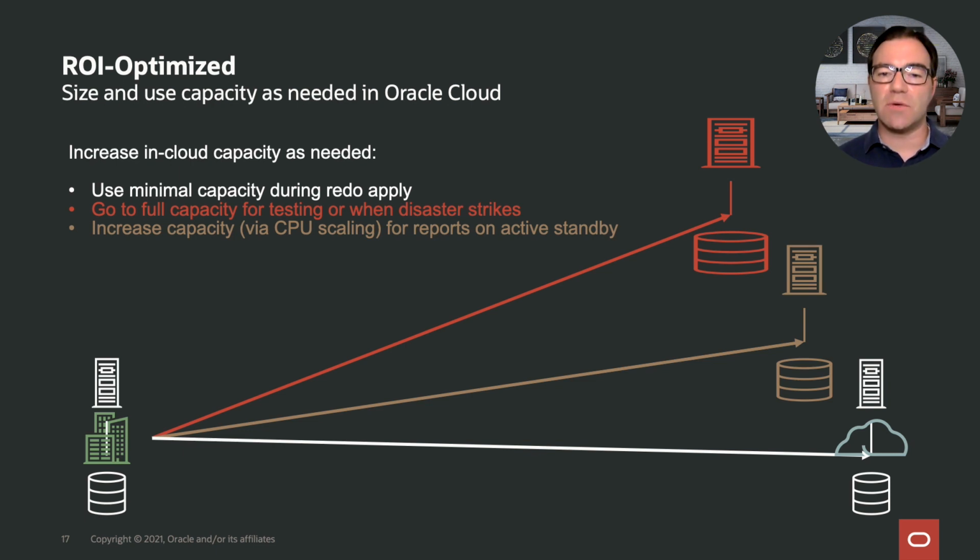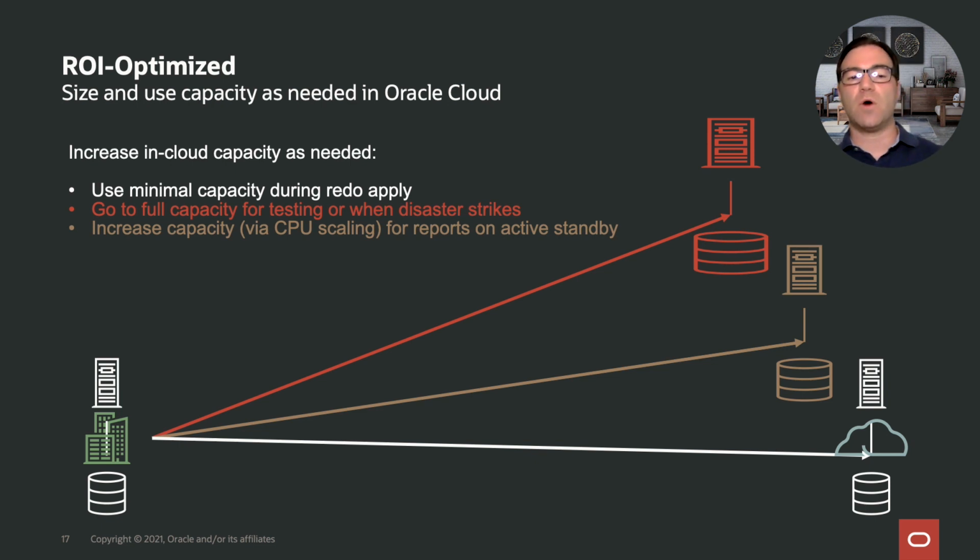Now, all of the three scenarios that I want to walk you through in a few minutes are possible in the Oracle Cloud. Whether they are both possible with DBCS and ExaCS, you will have to look in detail. They are always possible, sometimes with more or less downtime. But in general, what I'm proposing is that you use the capacity on the cloud as you need it. So for example, if you have an on-prem database and you have a simple standby on the cloud for disaster recovery purposes, under normal circumstances, you can use minimal capacity because all you need to do is apply redo information.